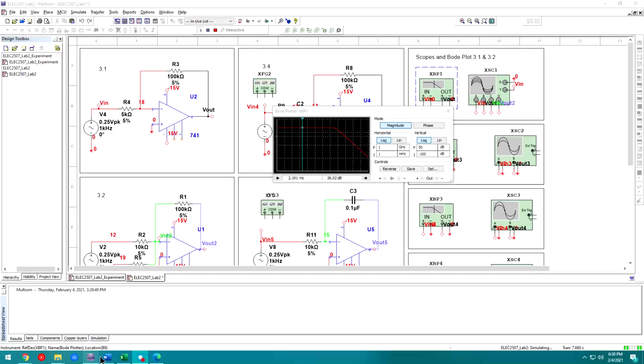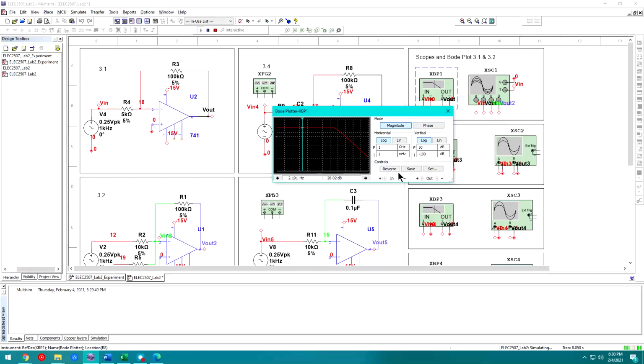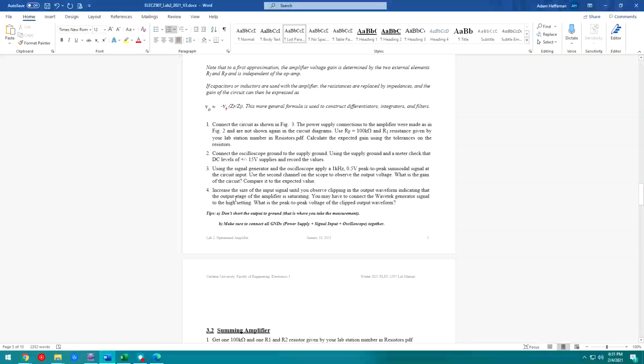And like you're asked to, you can go ahead and compare that to the expected value. And go ahead and take a screenshot of that plot for your report. So this part's a little different. In a real lab environment, you could constantly change the value of this function generator, but we don't have that luxury in this case. So what we're going to have to do is continually just keep